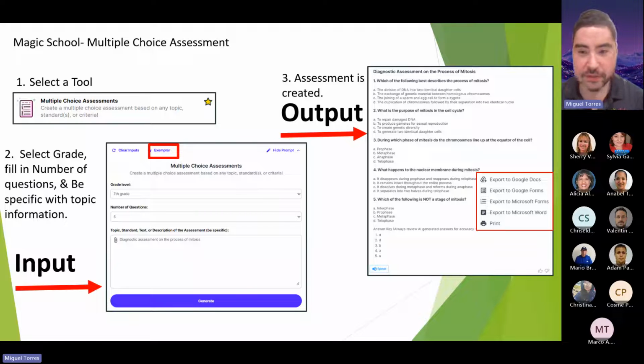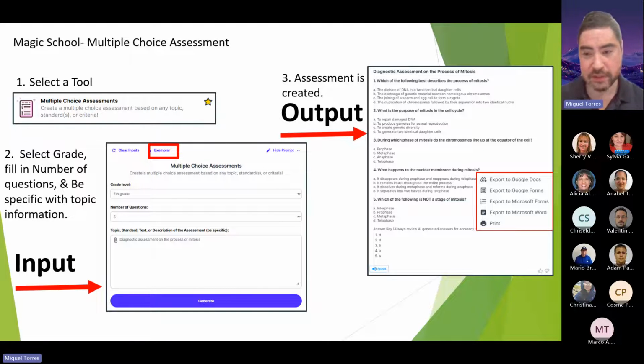If you don't want students to use online tools to potentially cheat or look up the answers or anything like that, maybe you want to print it out. Maybe you want to do Microsoft Word. So that gives you the option, and I'm going to show you how you can actually export that in a minute. And it gives you the key at the bottom.